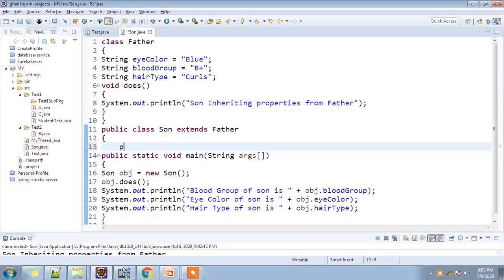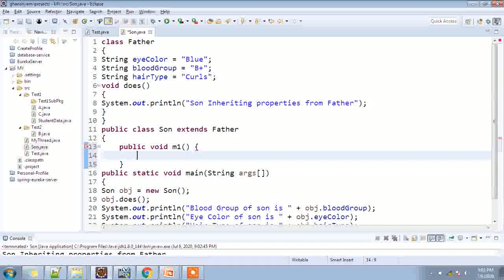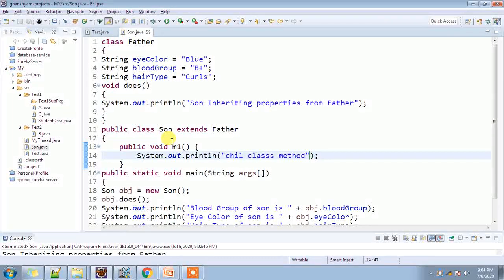Suppose you define a method public void m1 in the child class, so here you have created a child class method. So a child class can also have its own property as well. So if you run this,